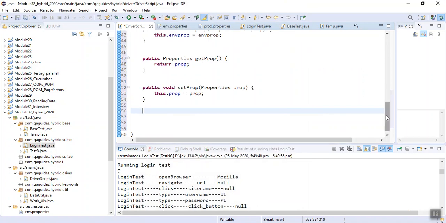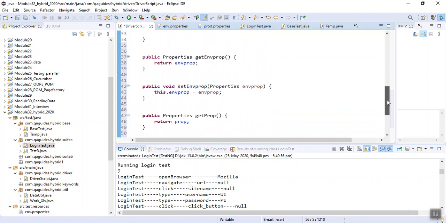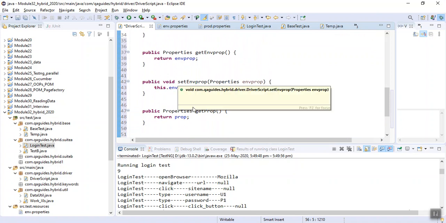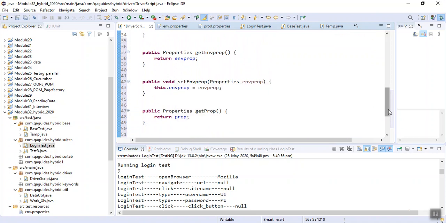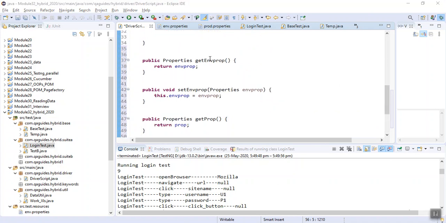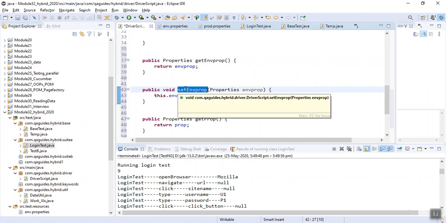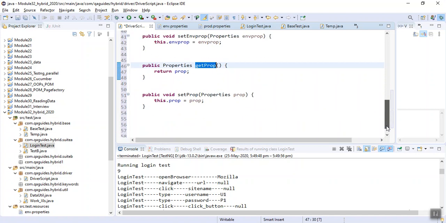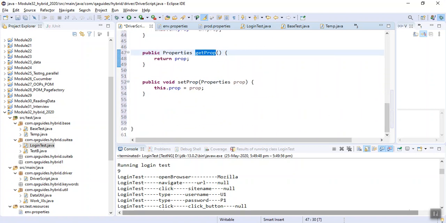So see, four new functions got generated: getEnvProp, setEnvProp, getProp, and setProp. Here we can get the environment property and set the environment property. Here we can get the simple property and set it.